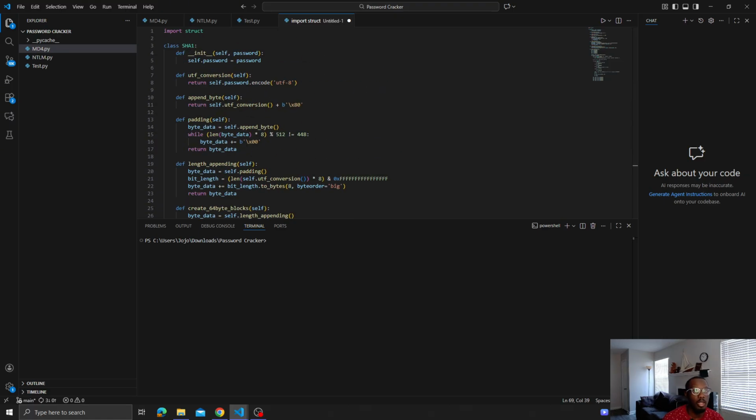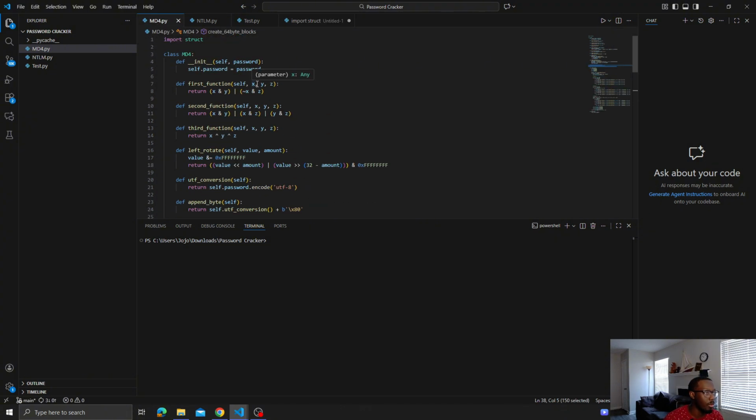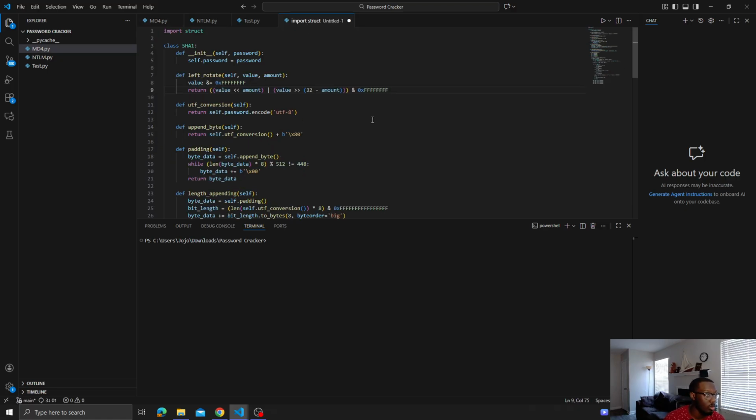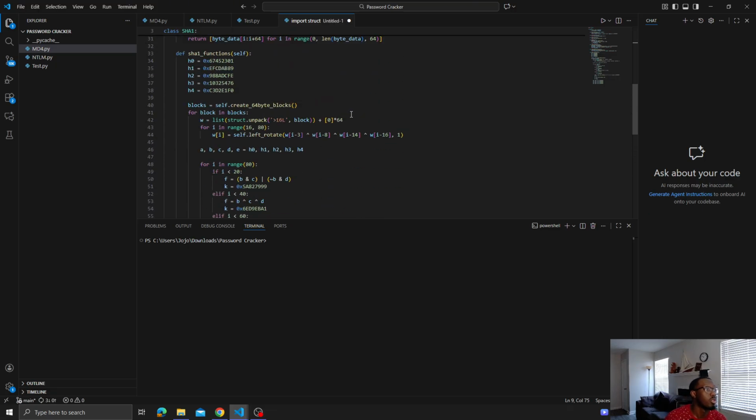Once we get there, we're gonna go ahead and create this left rotate function. So this function is actually going to be the same as before. So let me actually just go ahead and copy it from here. Okay, so from here,